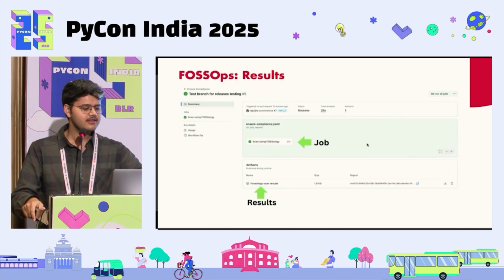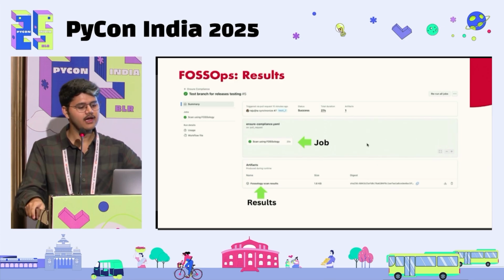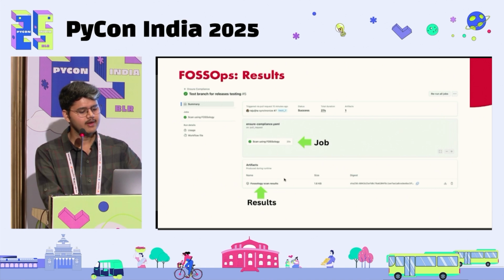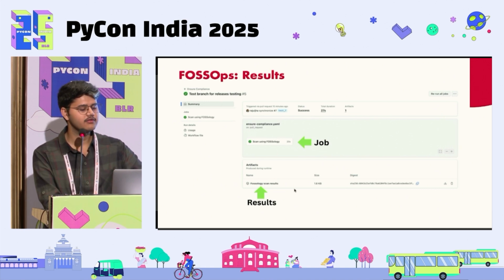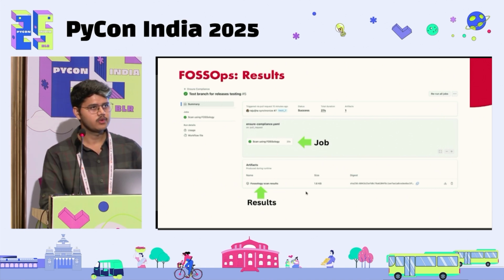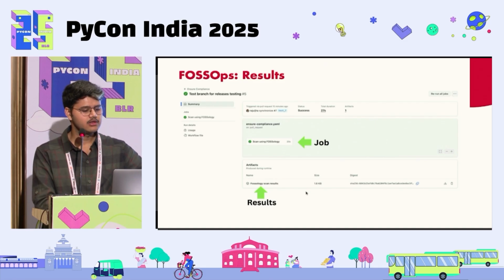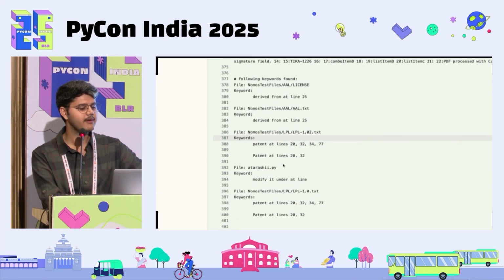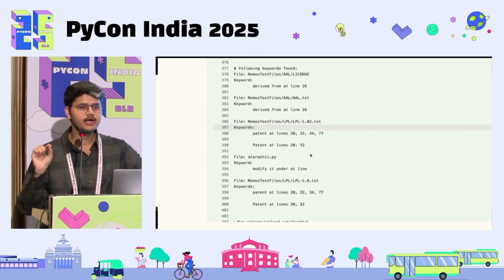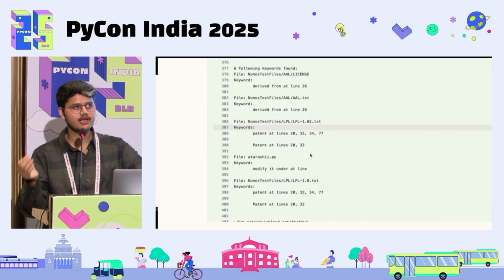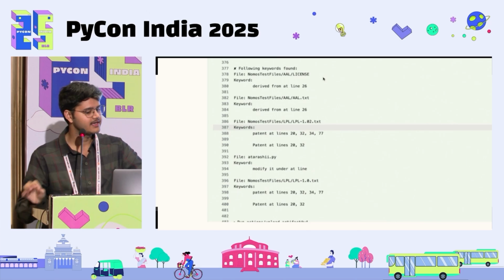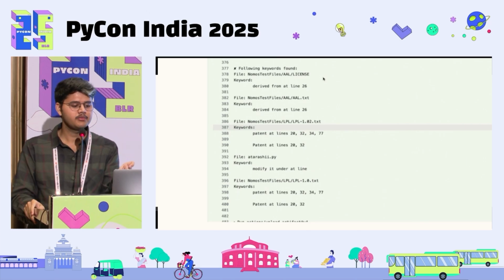So this is the interface that we see after the GitHub action has run successfully, and the job has run, and we publish the report results in the form of an artifact which can be downloaded later on. And this is how the GitHub action will show the results. It will pinpoint the exact location of the potential license violation that has been found. For example, in this case, it has found at the nomos test file that a license derived from a keyword has been found